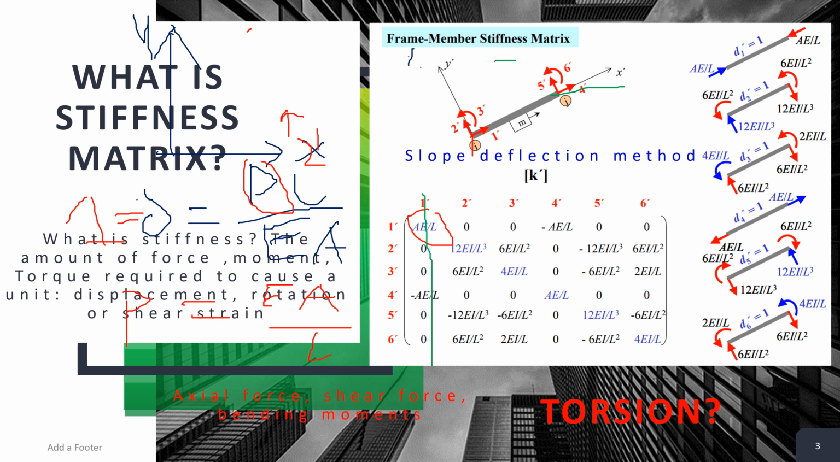So for direction 2, if you have the same structure like this, if you apply a force in the vertical direction, a force that would cause a unit displacement is 12 EI